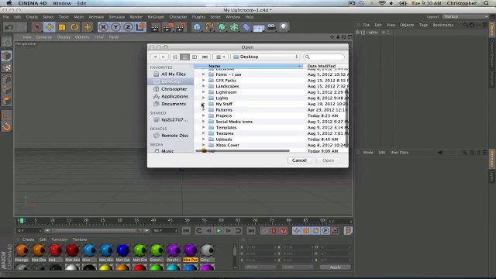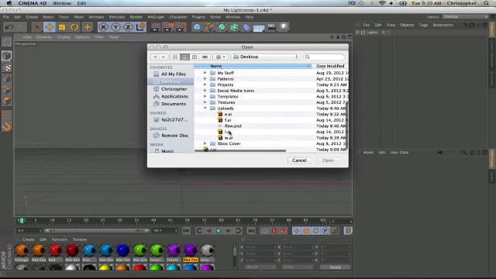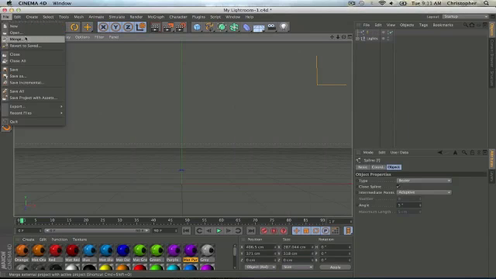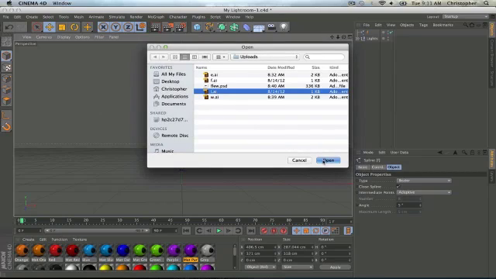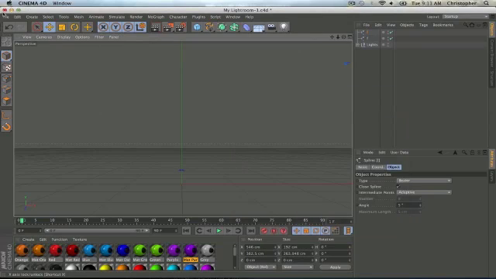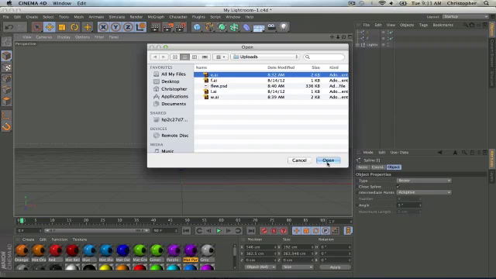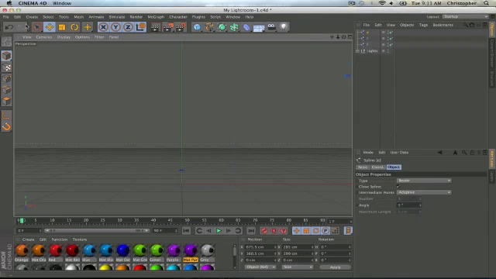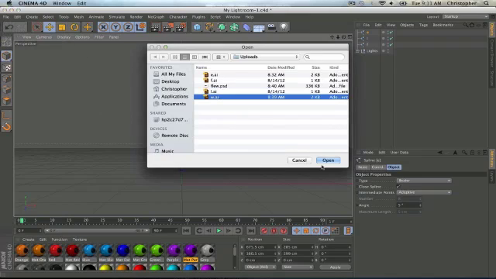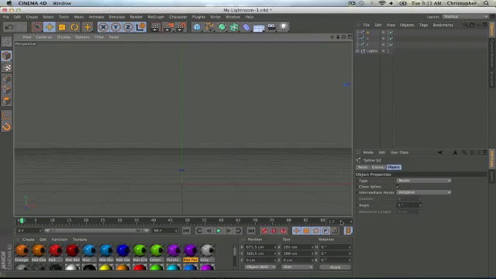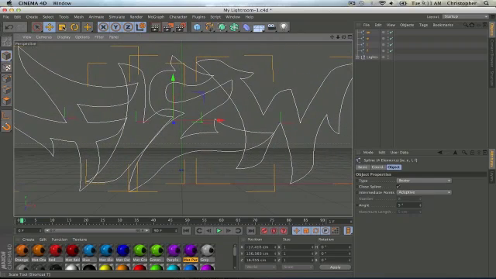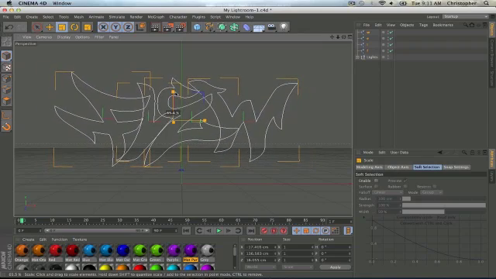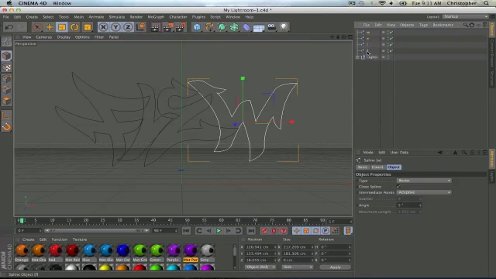So I'm going to go to where I saved my flu graffiti for the tutorial, and I'll just merge all those paths at once. Alright, so there's our flu. We're going to shrink it up a bit just so we could actually see it. And now, as you could see,